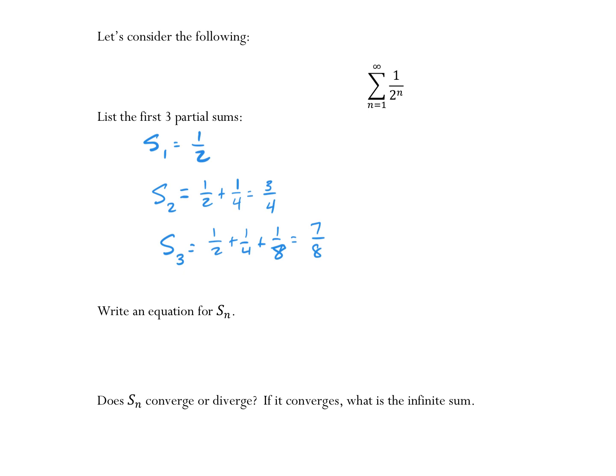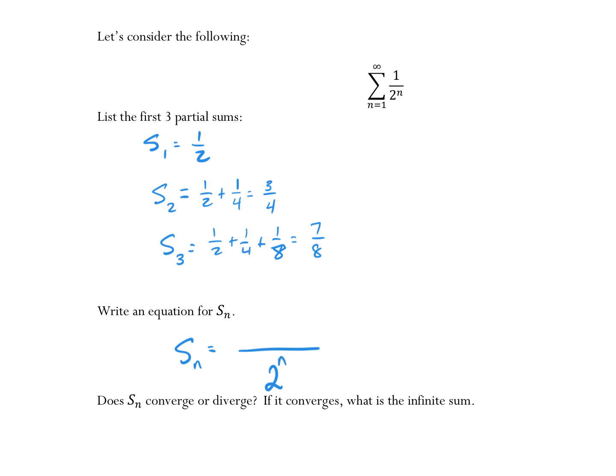What are you noticing, any patterns? Yes. Talk to me. What are they? The denominator is doubling, and the numerator is like one short of it. Okay, so are you with me that we could say this particular series can be defined as 2